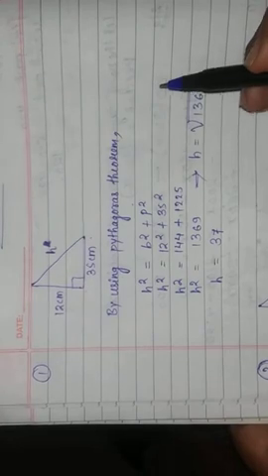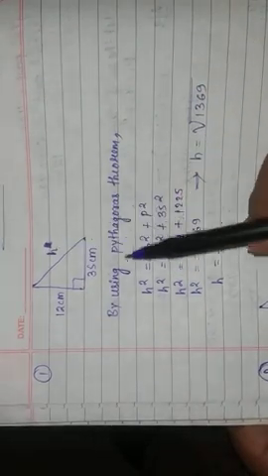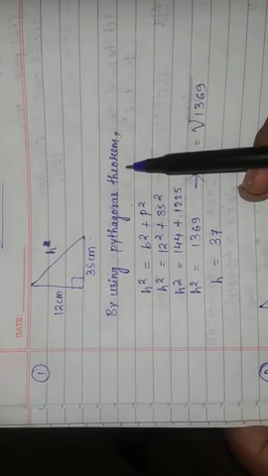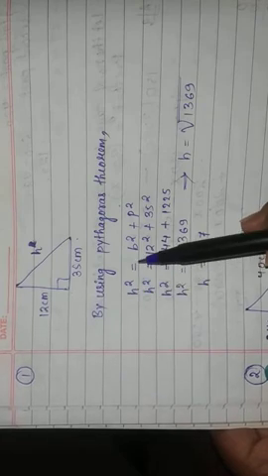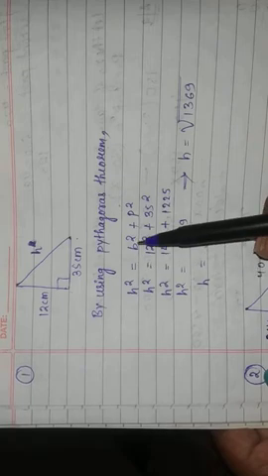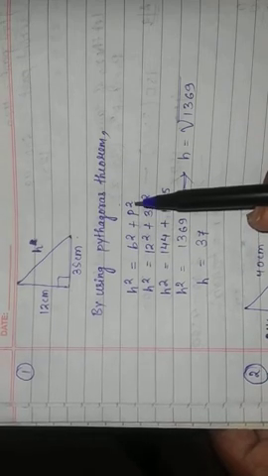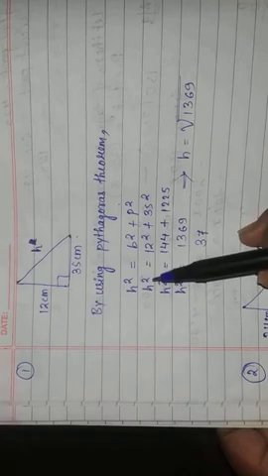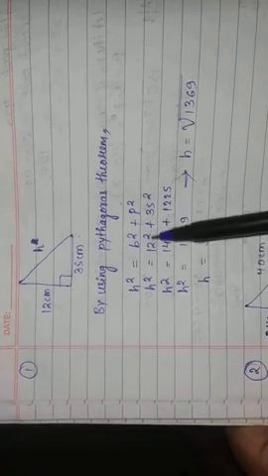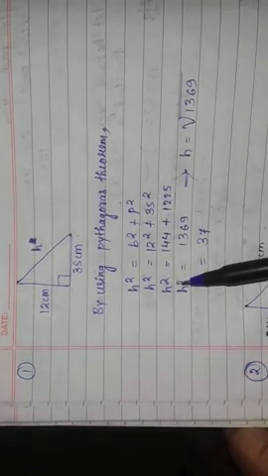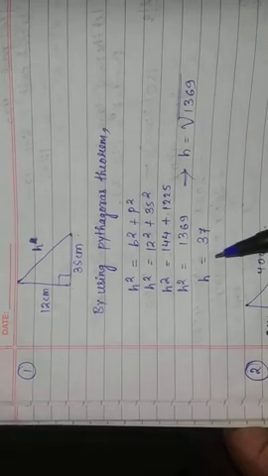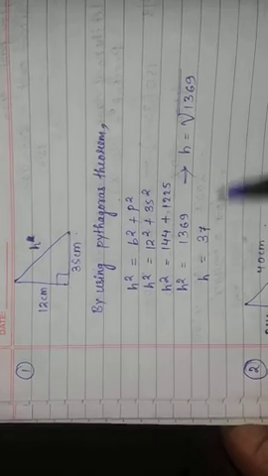If we find the hypotenuse, then we use the Pythagoras theorem. The formula is h square is equals to b square plus p square. Means hypotenuse square is equals to base square plus perpendicular square. So h square is equals to 12 square plus 35 square. You will get the value of h square, then just take the root of this number, and you will be able to get the hypotenuse of this right angle triangle.